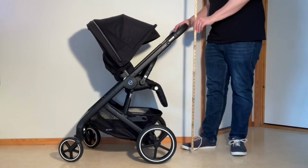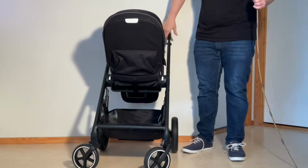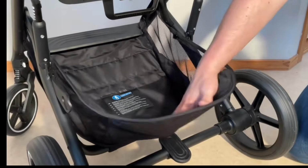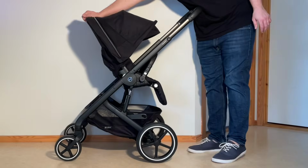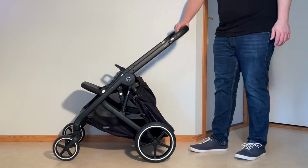Moving on to parent comfort, the Balios has an essentially identical range of handle height, while its shopping basket is similarly sized and also quite comfortable to access. Folding the Balios is also a relatively easy one-handed process, and the model similarly stands when folded, though the need